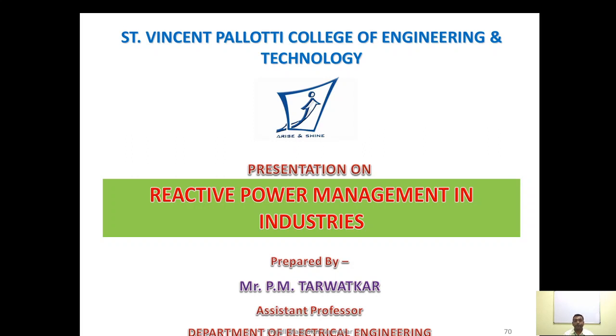Then we came to know about the different important parts of the starter, including the contactor and overload relays. Apart from their functions, applications, characteristics and uses, we have also seen one of the most important parts, which is the short circuit protective devices used along with the starter. As far as overload protection is concerned, overload relays take care of it, whereas short circuit protection is provided with the use of either fuses or circuit breakers. We have discussed all those things in the previous videos.